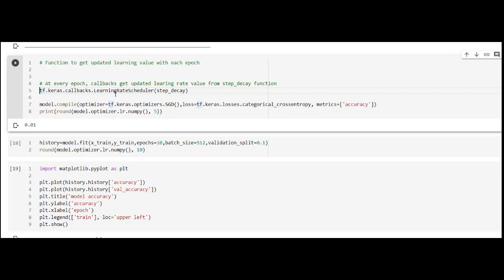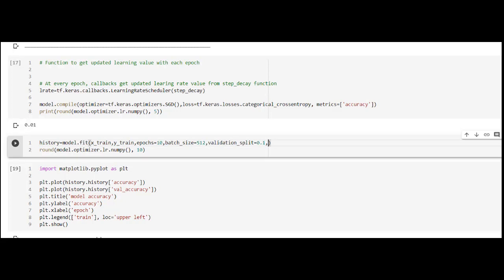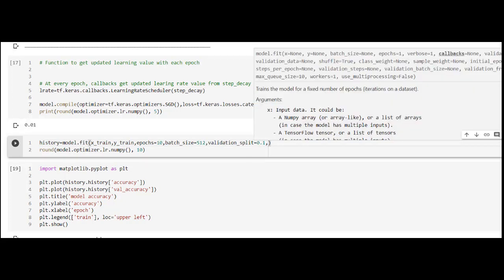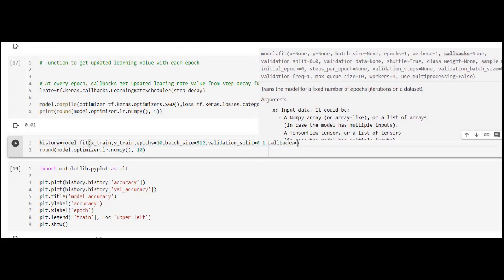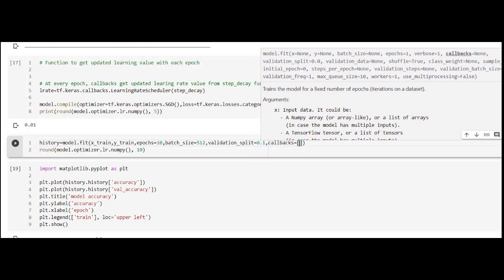So we are calling that function automatically after each epoch, and it is returning lrate. We have to register this callback with the execution also, that is model.fit. So inside model.fit we have to use callbacks equal to lrate.